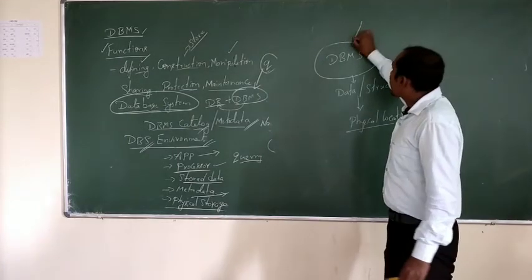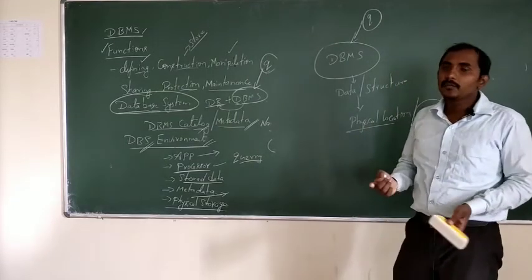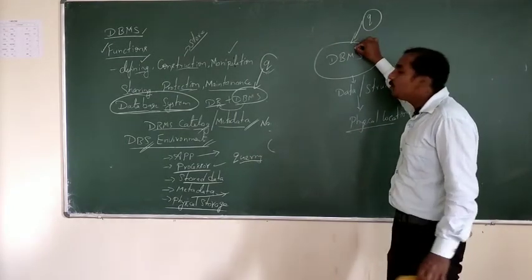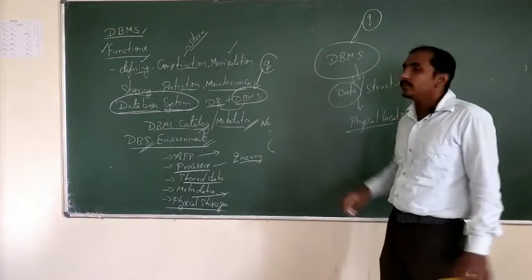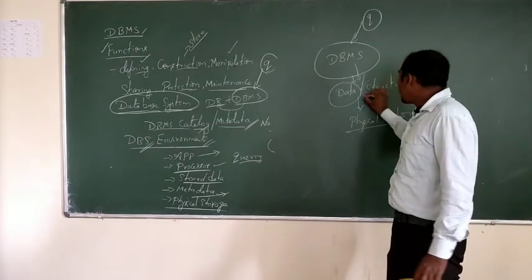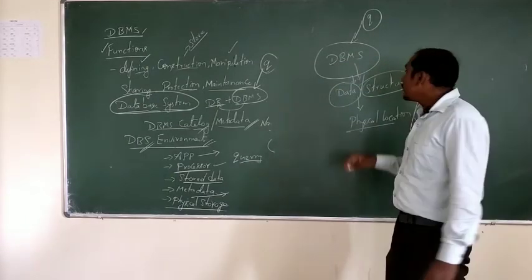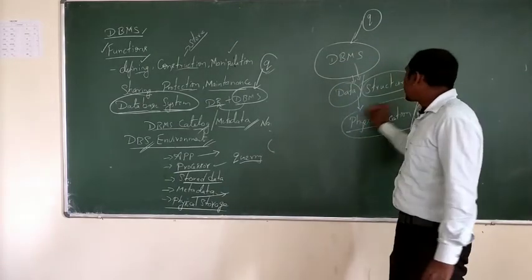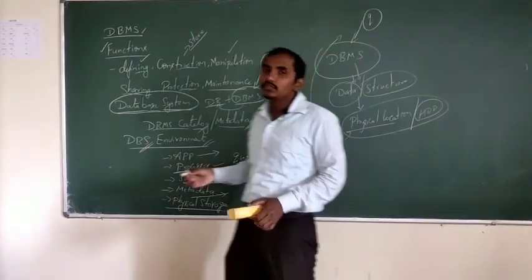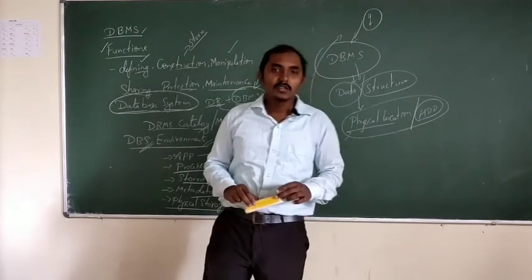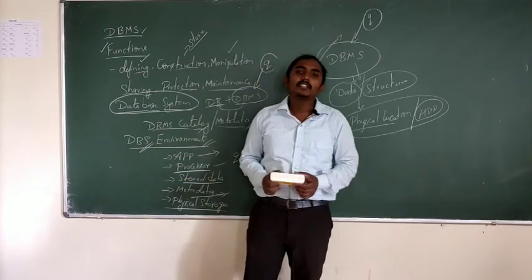So whenever I ask a question, whenever I ask a query, that is I am searching for some value, this DBMS software will send that information to the data, and then that particular data will also be compared with the structure of the question you are asking. If it is available, it will go to the physical location and that result will be sent back to the user. This is what happens when you are using a database management system. While studying in detail, I am going to explain how this is used in the coming sessions.